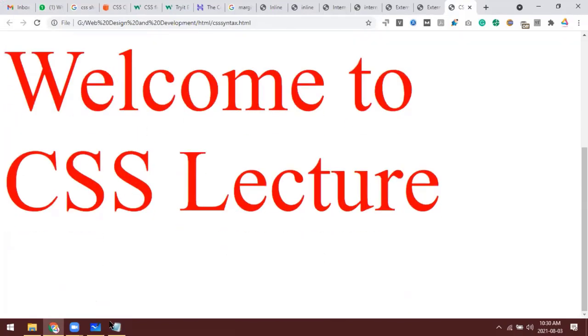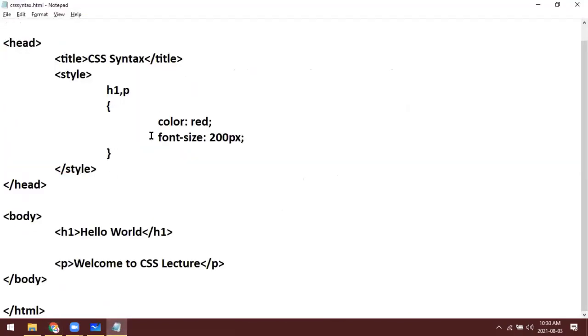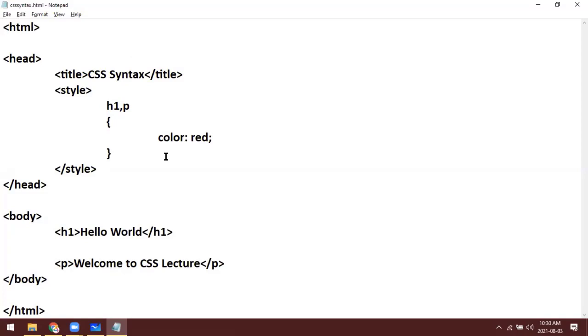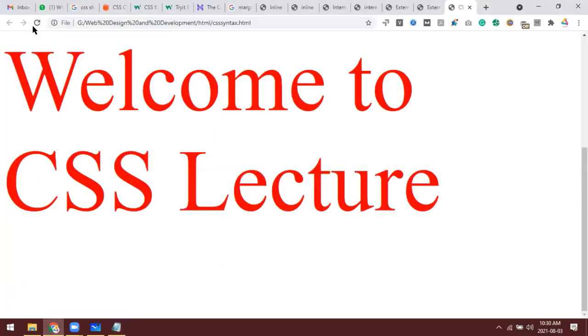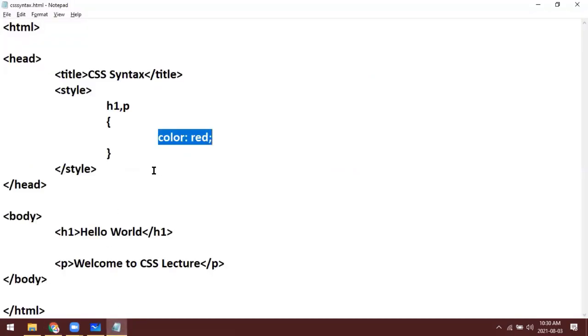So otherwise you can do it in different ways. For both the h1 tag and paragraph tag, we have made the color red. So in both cases the color is red, but I can do it in a different way.